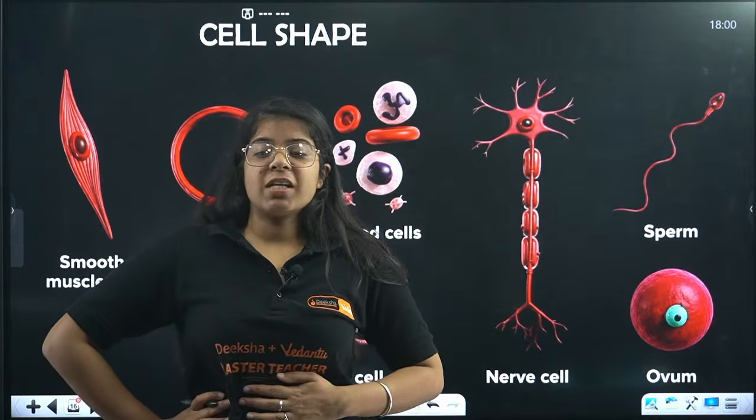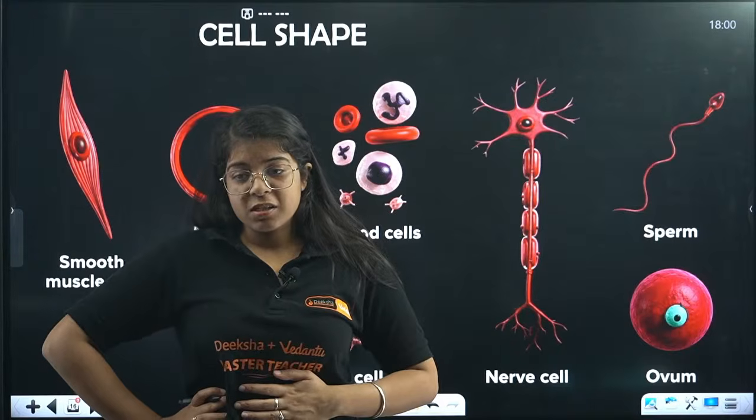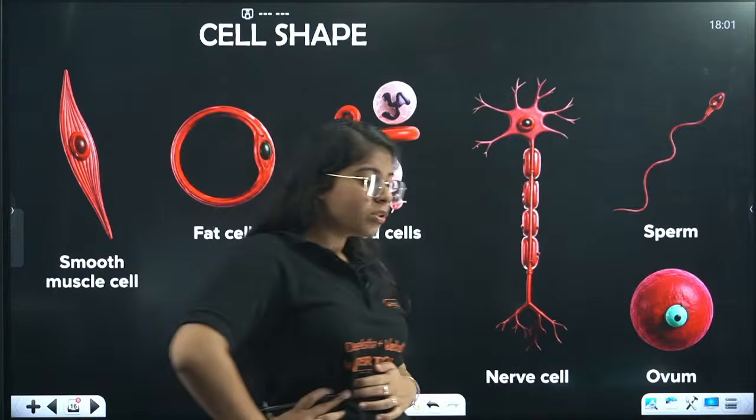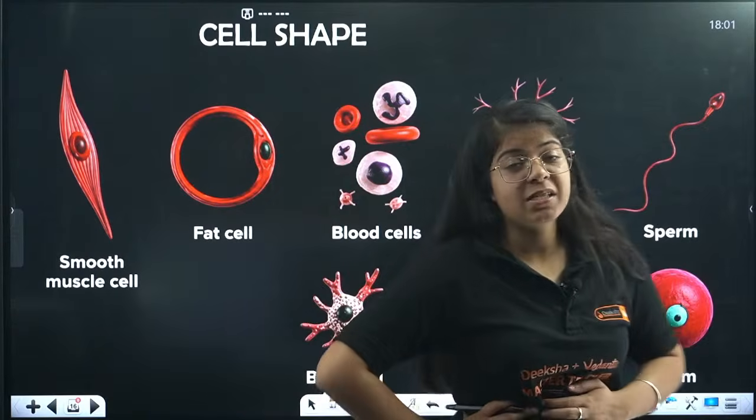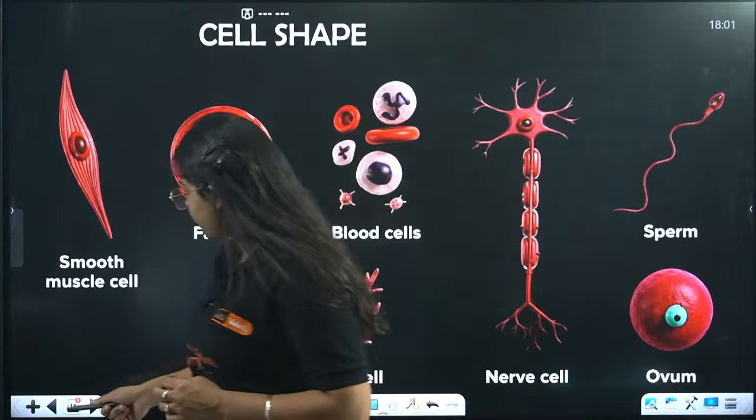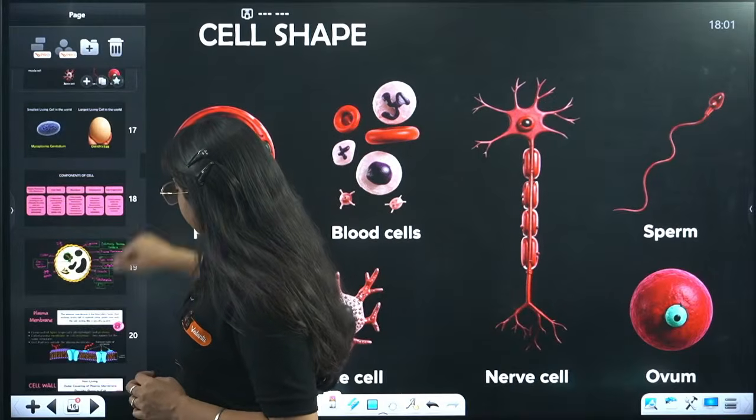Okay, cell division is mitosis, meiosis, right? Simply, in one case cell is divided into 2 cells, in meiosis cell is divided into 4 cells, in mitosis, okay, we have